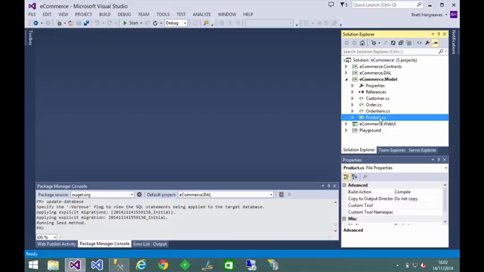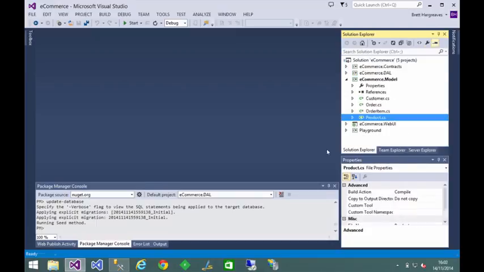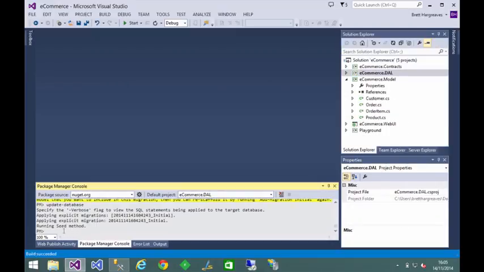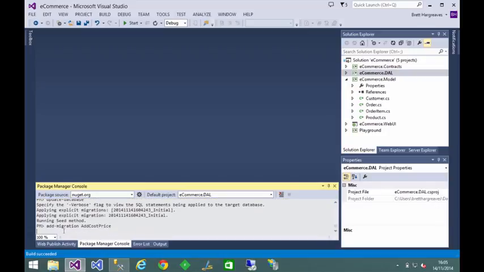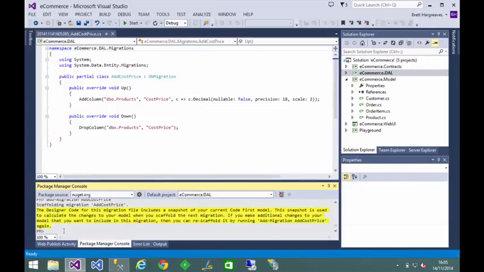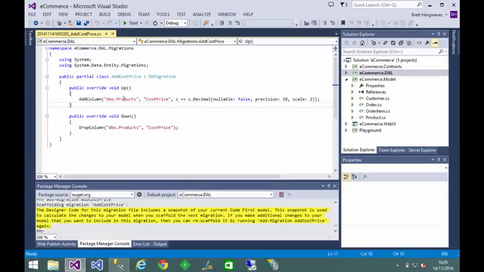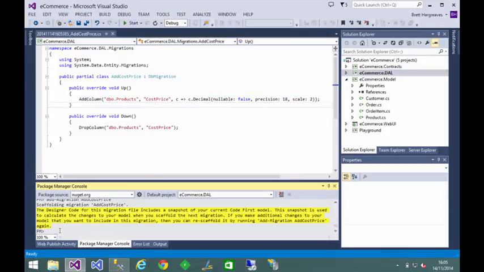So now the actual product itself has changed, however the table itself doesn't have that field in. So we go into our console, we say add-migration and then give it another name, so AddCostPrice, enter, and then that creates us our new migration, which is going to add a column called CostPrice to the products table. So again, we just issue update-database,